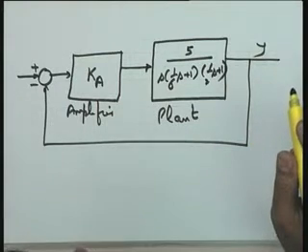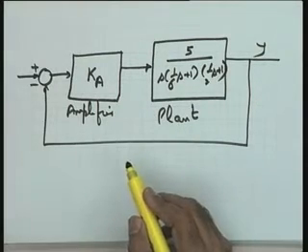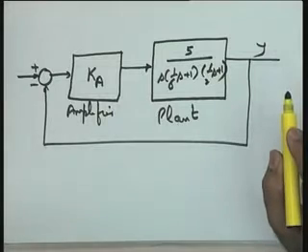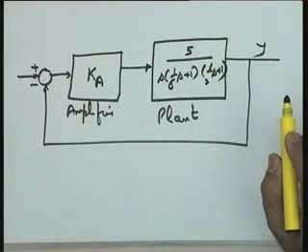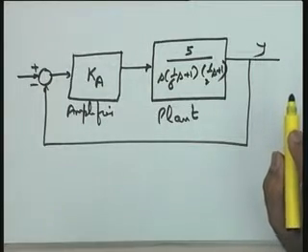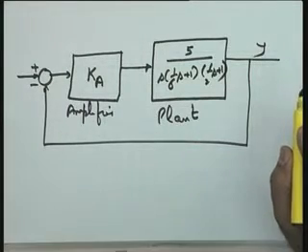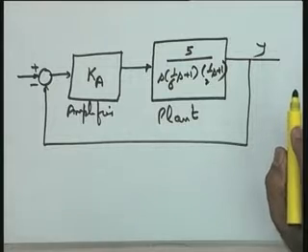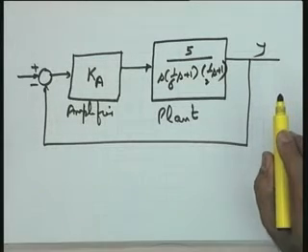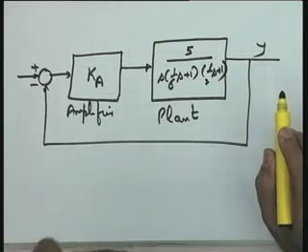And what are the requirements? As I said, normally the requirements on sensitivity or robustness are not quantified. We only quantify the requirements on steady state accuracy and transient accuracy, and then check whether robustness requirements are satisfied or not. This is what we have decided, that this will be our design strategy. We will not include the robustness requirements directly into the design.